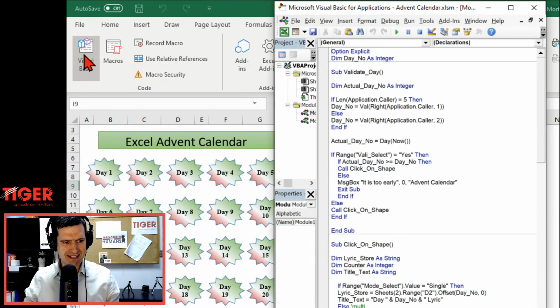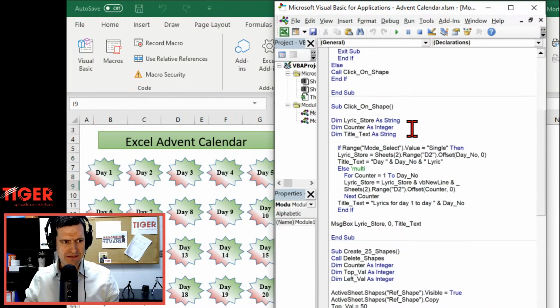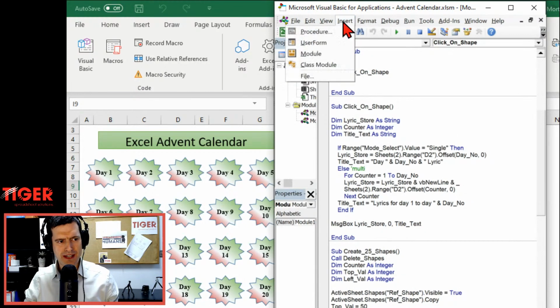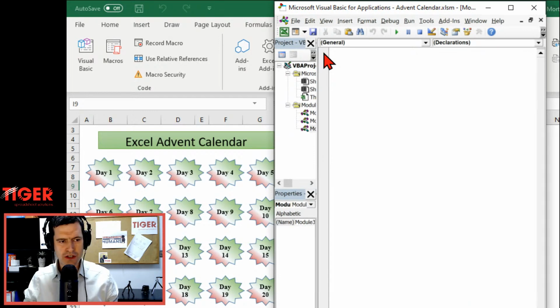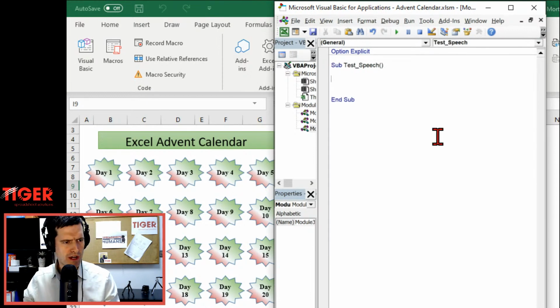Let's get into the VBA editor. As always, let's try to do something easy first. So I'm going to insert a new module. It's sensible to insert a new module at this point because we're going to be doing some kind of small scale testing. We're going to be doing something separate from the rest of the code. So it's sensible to enter a new module in this case. And we're going to call it Test_Speech. Now I've got to try to remember the code, which I believe is, Mick did give me the code in his comment, so thank you, Mick. It's